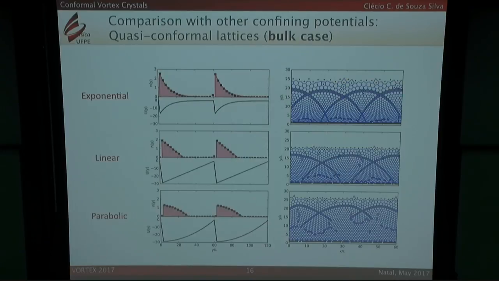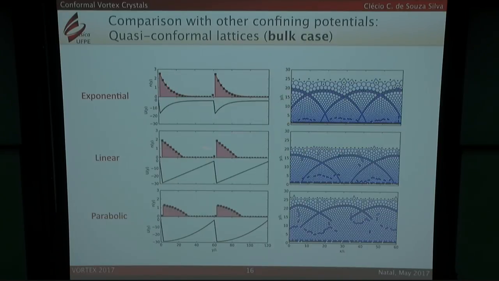Okay, but coming back to the bulk case, we can think of what would be the vortex configuration if the external potential is non-conformal. So this is the conformal case. The potential was built to have the conformal vortex crystal. This is a simple linear potential. This is equivalent to the experiments with magnetic spheres, because the gravitational potential is linear, right? And this one is with inverse curvature of the first one.